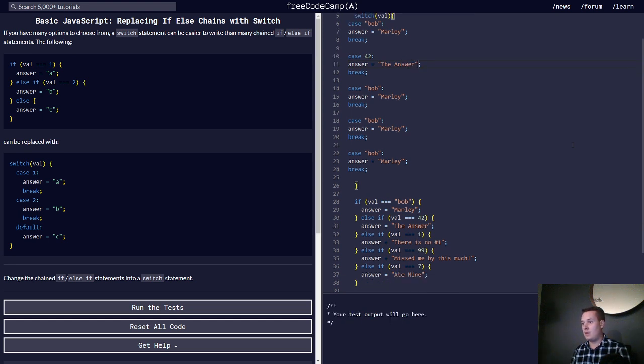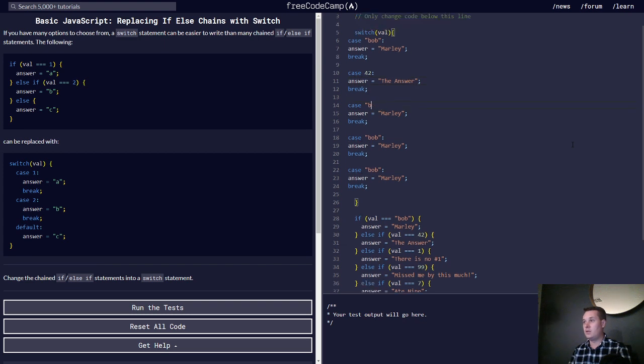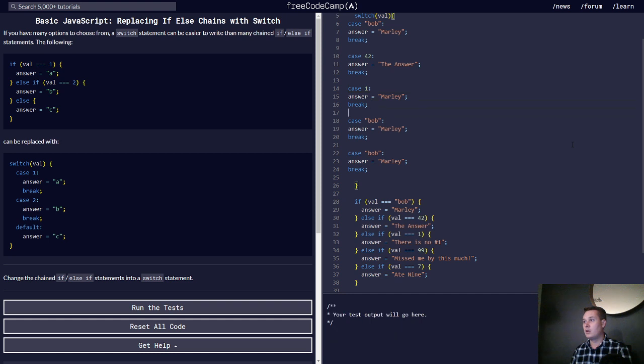If the case is 1, and say the answer is there is no number 1. If the case is 99, we can write missed me by this much, and then we can put